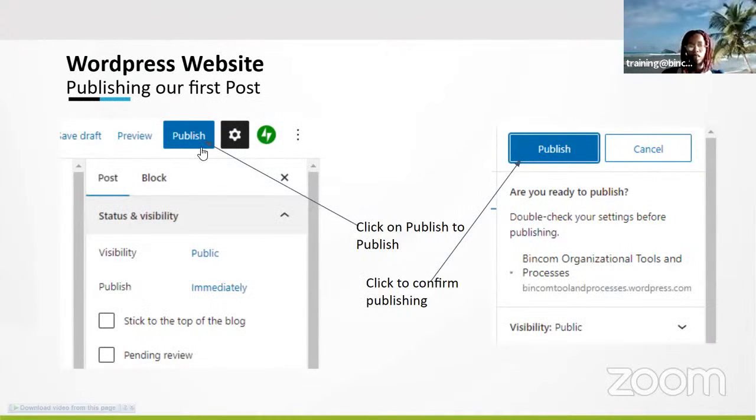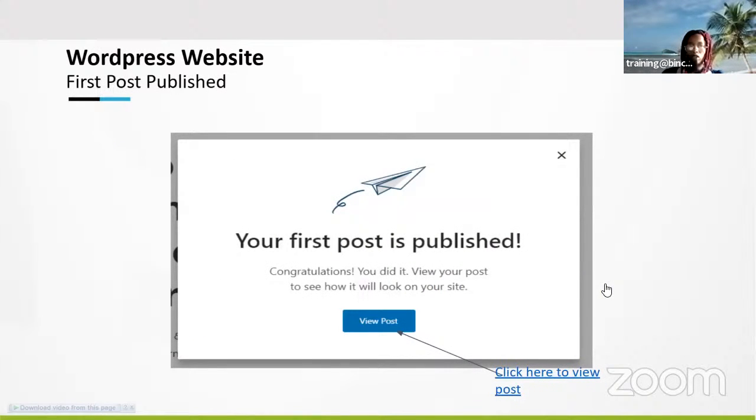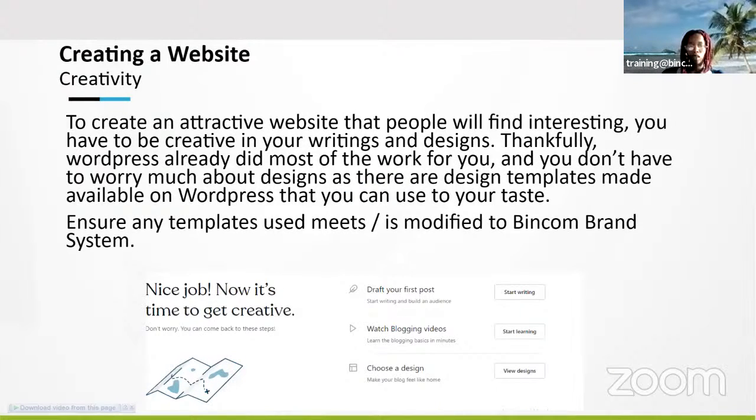So right here, we can see the publish button. If you click on this, you can easily publish, and you can get the URL to that post that you have published. Most times you can see this button called view post if it's the first time you're posting on that WordPress site, and you can just click there to view the post.